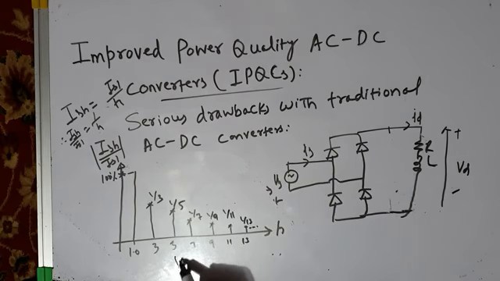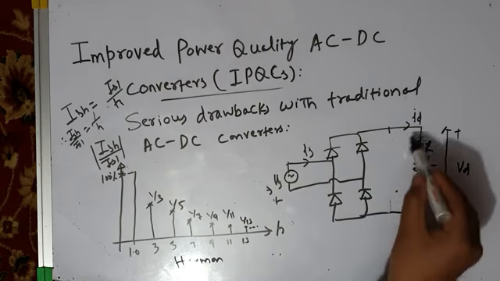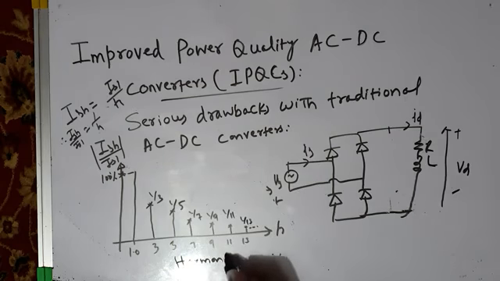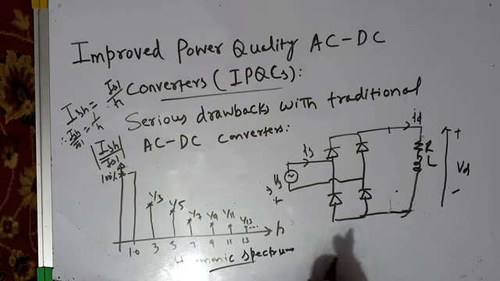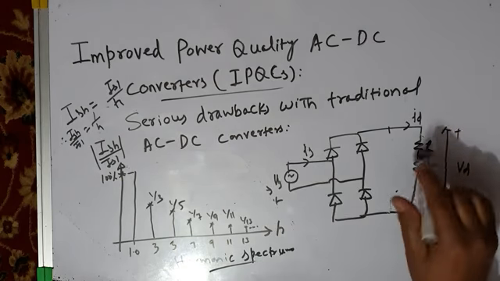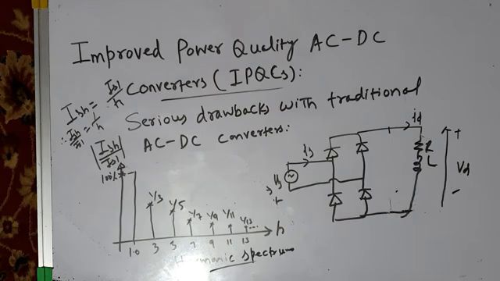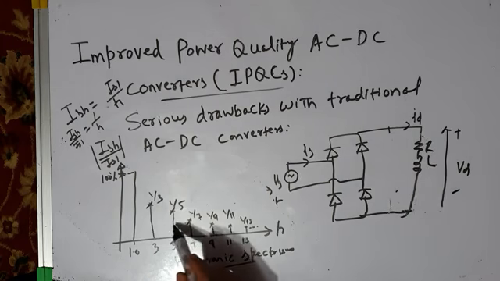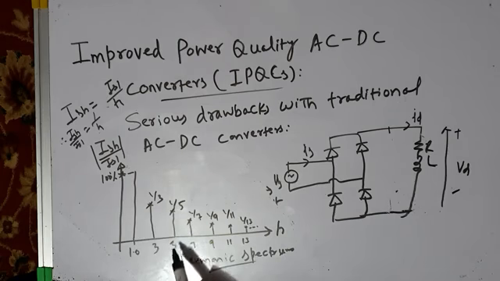This is the harmonic spectrum of the current drawn by this type of rectifier for this type of load from the source. This is called the harmonic spectrum. The fundamental component of current, IS1, is delivered to the load, and that represents the active power demand of the load. And these are all harmonic components: third harmonic component, fifth harmonic component, 7th, 9th, 11th, 13th, and so on, the